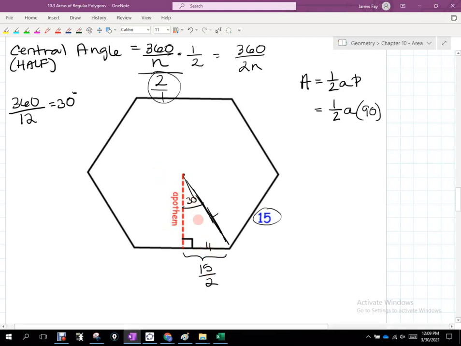So if that's 15 over 2, that's the inside in a 30, 60, 90, right? What would this side here be? It's the n radical 3 side. So n is 15 over 2, and then I multiply it by radical 3. And now we have our apothem. So if I go 1/2 a, which is 15 radical 3 over 2, and then multiply that by 90,